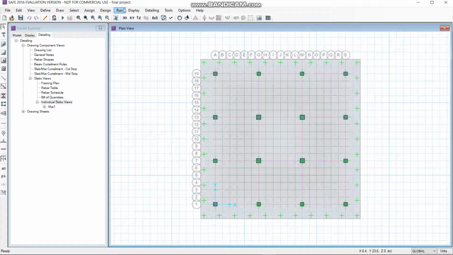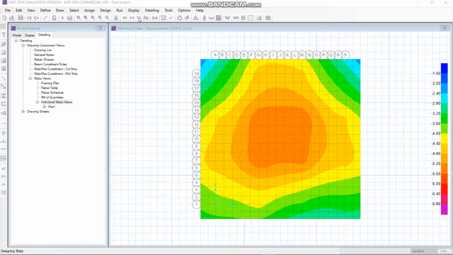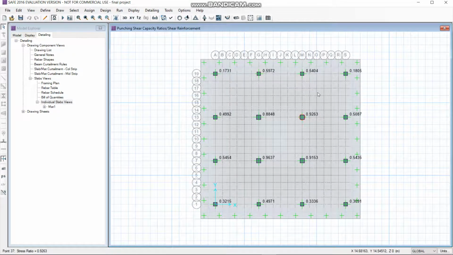Now run the analysis and design again and click on show punching shear design, where you can see all values are less than 1. So these are safe for the foundation.